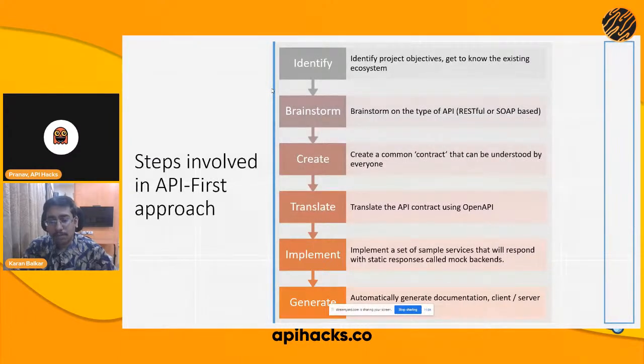So that is basically the idea. And using this kind of service, the client can start generating, you could write some stubs that you could try to consume this kind of static data. Eventually, once you have tested it, you can easily move it to maybe a staging or a production environment with the real data. So that is one of the advantages you get in this kind of approach, where, based on whether the services have been tested thoroughly from the client side, you can have that switch in place, where you could easily switch from a development environment to a staging or a production environment without affecting anything on your side as well. So that is one of the advantages of this kind of approach as well.